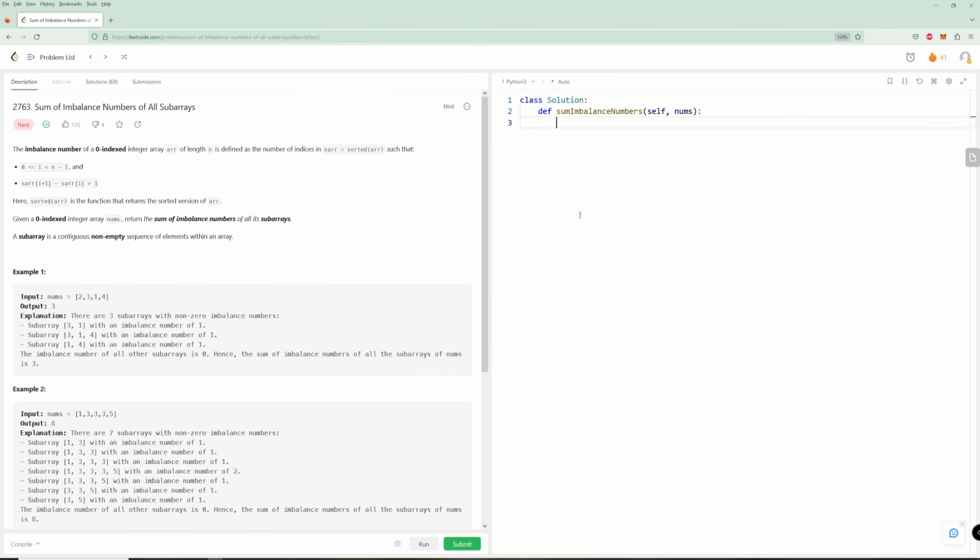So what do we need? Well, we need our global result. Then we need, I think that's it, right? And then we need to have a nested for loop. So for i in range length nums